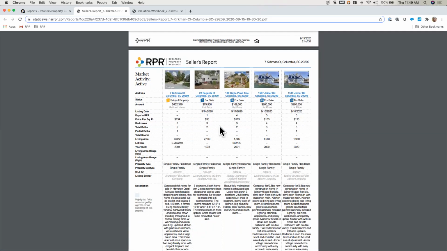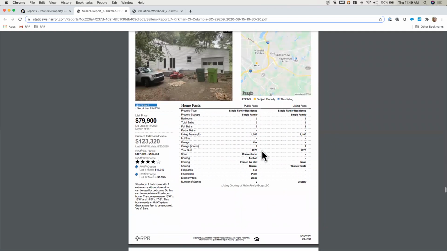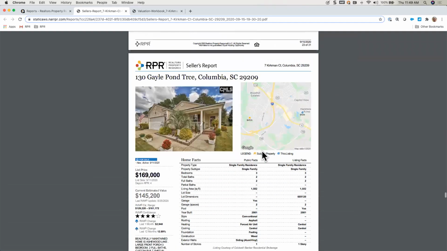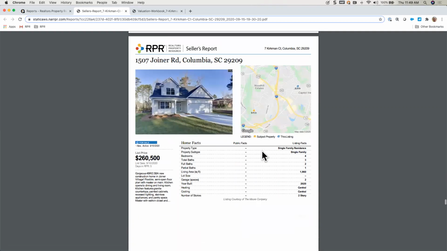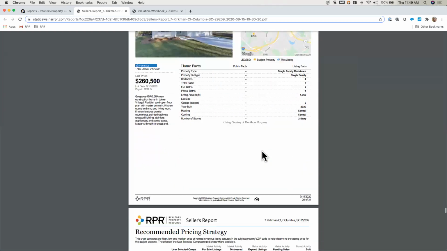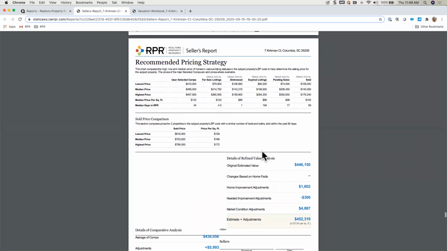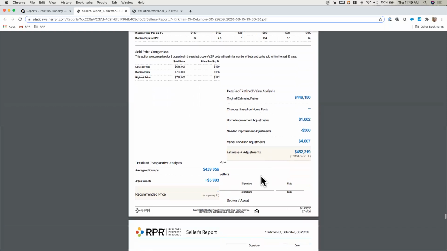And then here are 4 properties that are nearby that are competition, or might be. And then they get the individual page on each of those properties. So that's kind of what it would look like, depending on whether you choose the side-by-side or the individual page. It's up to you. And then you get the recommended pricing strategy, the sold comparison, and then the refined value